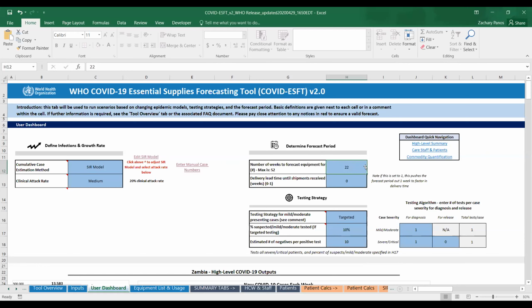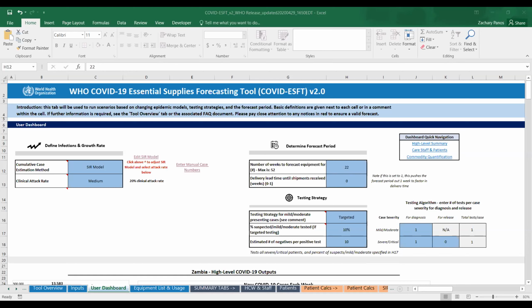Well, thanks. And then Jacob has also added some thoughts as well about how this tool is very comprehensive in that it combines some of the morbidity drivers with some of the product logistics aspects.